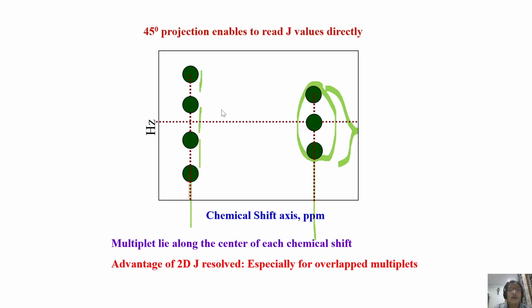So multiplets lie along the F1 dimension, that is the indirect dimension, whereas the chemical shift is now along the direct dimension, that is the t2 dimension. What is the advantage of it? You have resolved both pieces of information; chemical shifts and couplings are separated into two dimensions. Remember, this is called a J-resolved experiment. It is simply a two-pulse sequence, 90, t1 by 2, 180, t1 by 2, and you start collecting the signal like a spin-echo sequence.